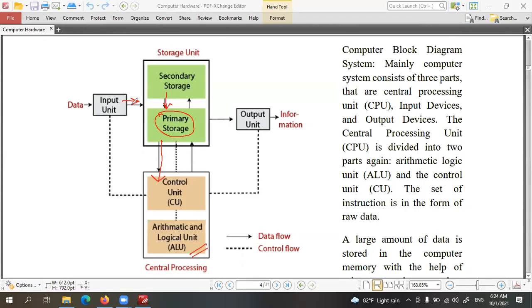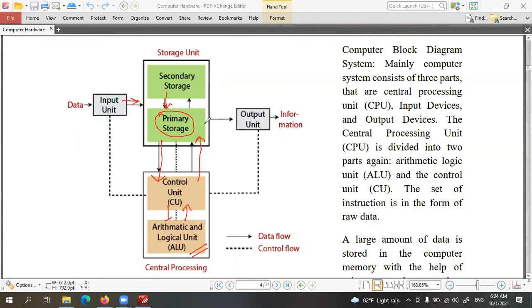So the data generated from input devices or from storage devices will initially be saved in the primary memory, and from there sent to the CPU. After that, these data will be processed, and the processed data will again be sent to the primary memory. That is what you must understand here.